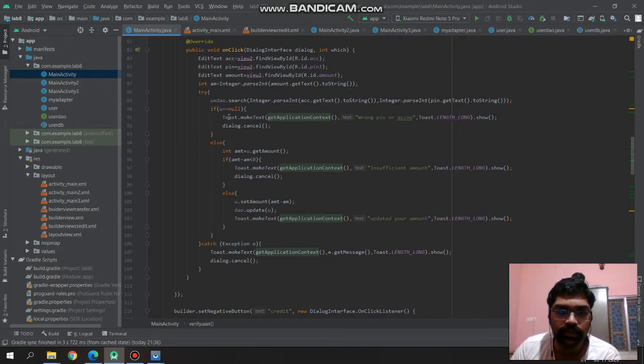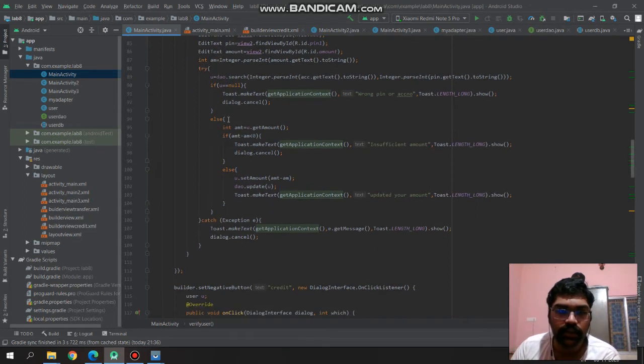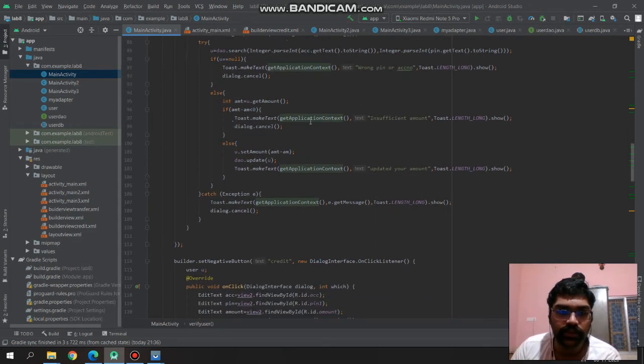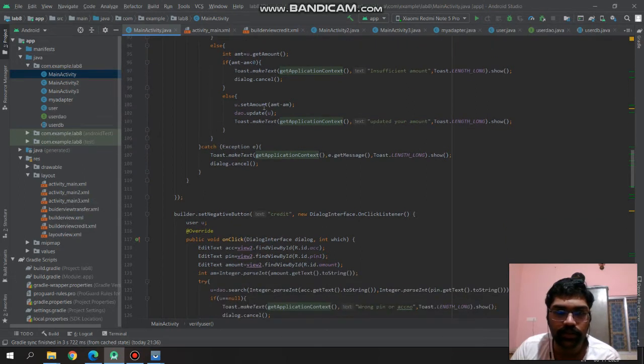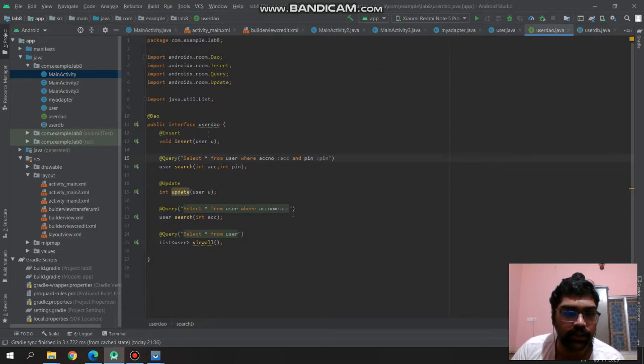Then if u equal to null, we will get a message for correction. Otherwise it will reduce the amount, and if it is not 0, we will get our updated amount toast message, and it will use the DAO.update function, which is here.